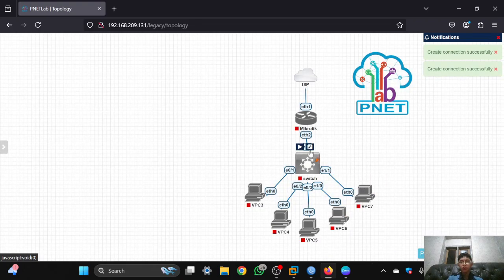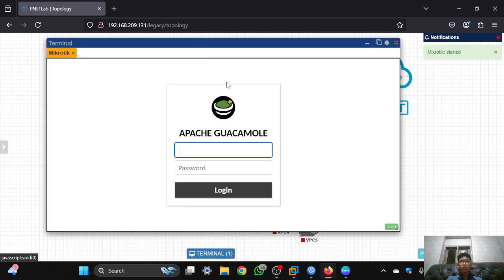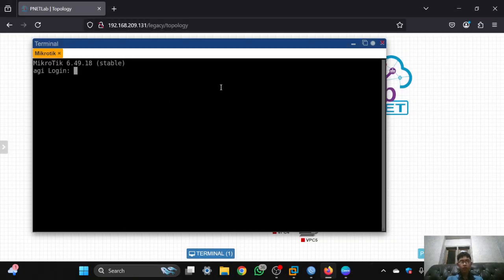After this, you can turn on your MikroTik and wait for it, and open it. It will take a while. After the MikroTik opens, you can log in to your MikroTik account.